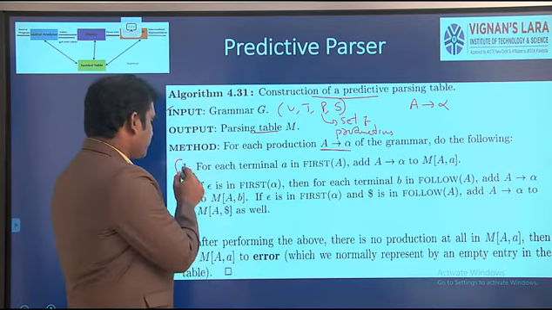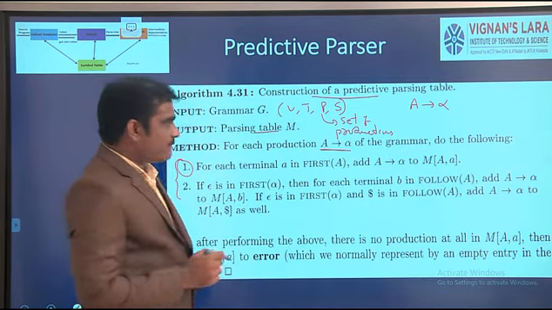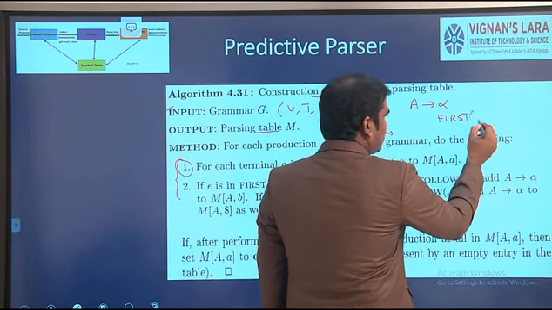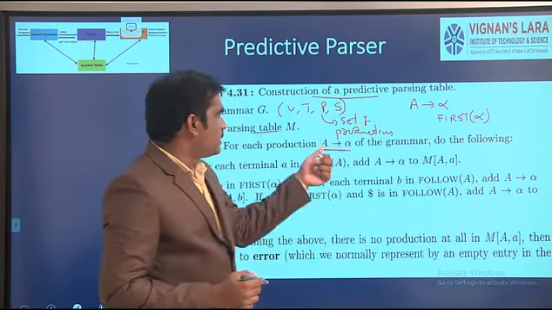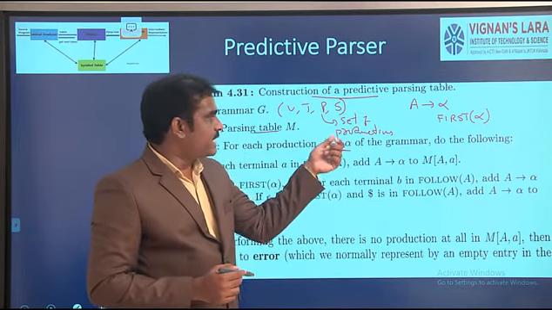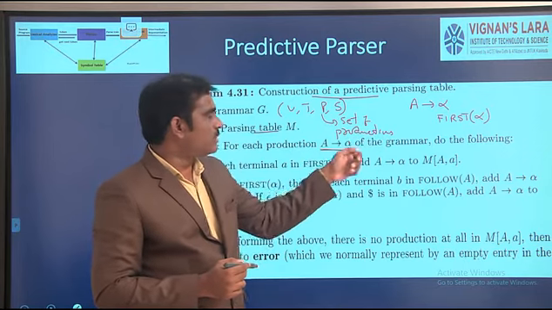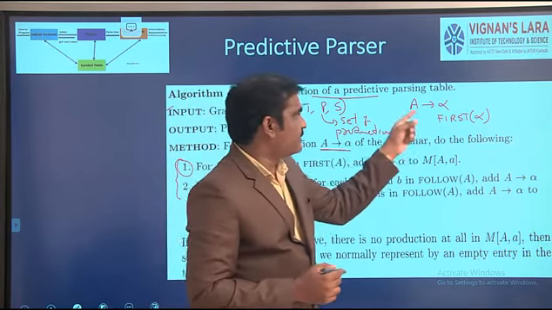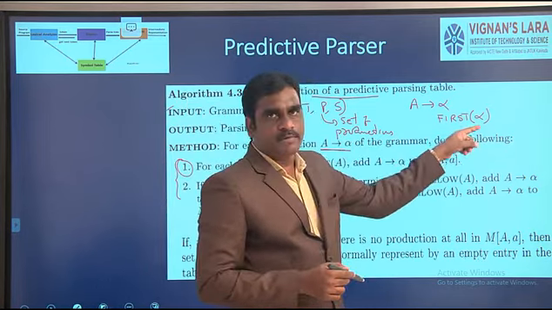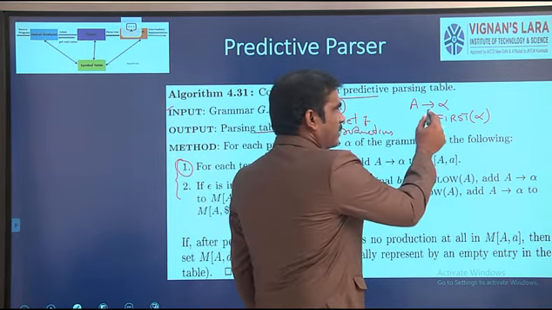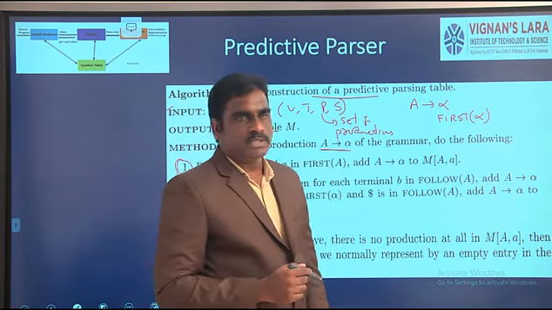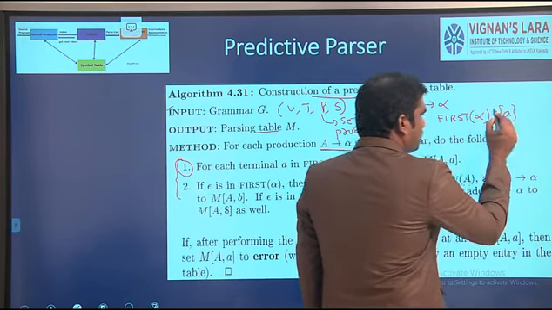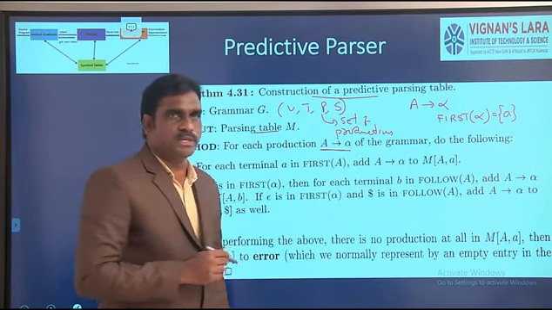Now what is rule 1? Rule 1 is first to find out first of alpha. The given one is a set of productions. Each and every production is compared with A to alpha. So in the given grammar, take the first production, compare with A to alpha, and then find first of alpha. What is alpha? Alpha is nothing but the production right hand side of the symbol. Suppose the first of alpha result is a.